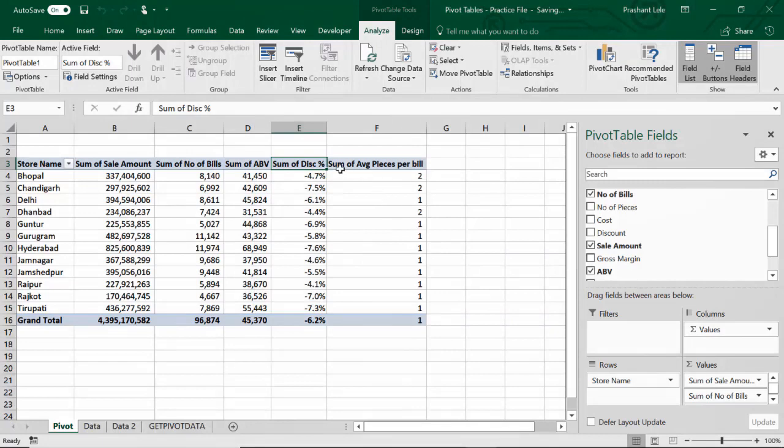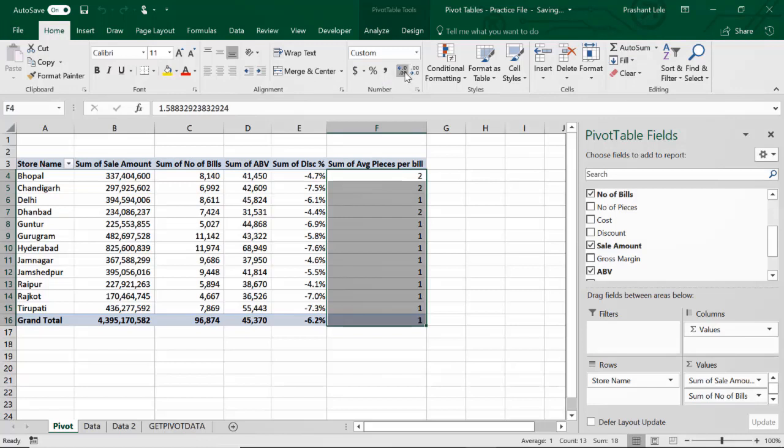Okay, see, now this is in fractions, so we need to increase the decimal. On an average I am selling 1.4 pieces per bill.